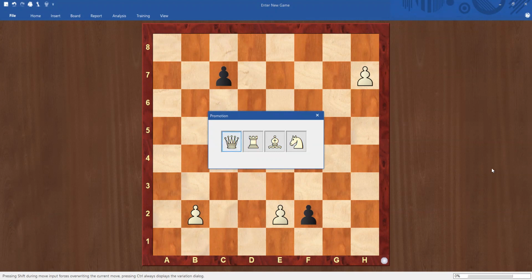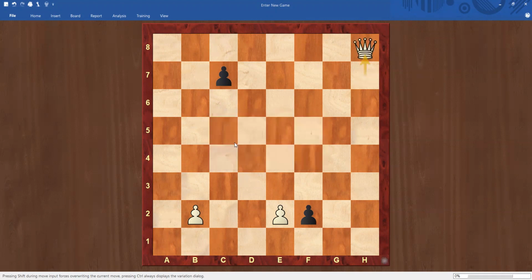Usually most people make a queen, because that's the more powerful piece. So you can have like 8 queens on the board, but I have seen up to 6 queens. People have made 6 queens, but usually if you make 8 queens, it will be stalemate. With one queen only you can checkmate, so it's enough. You can have 2, 3 queens on the board. So that's about the pawns.